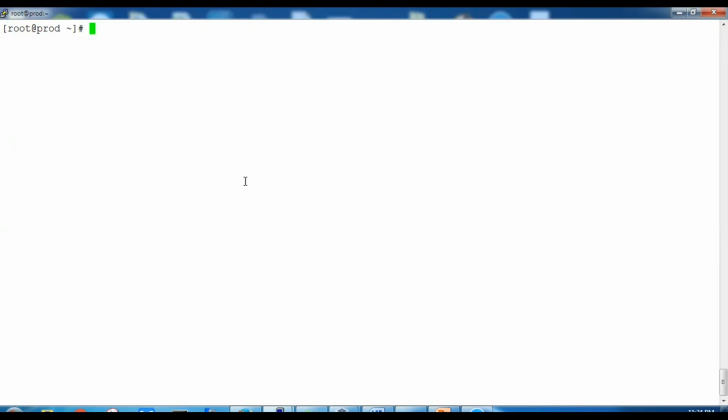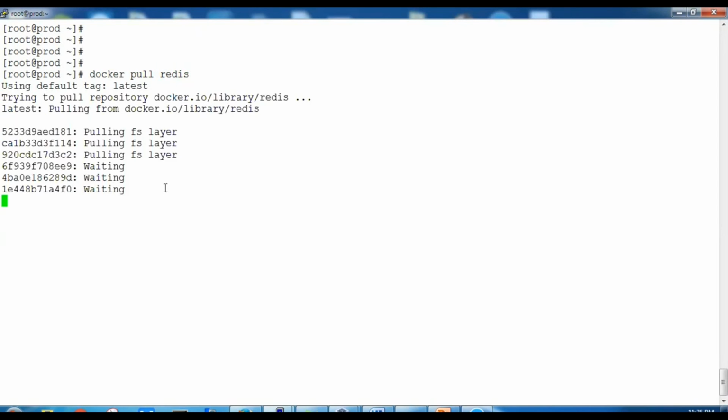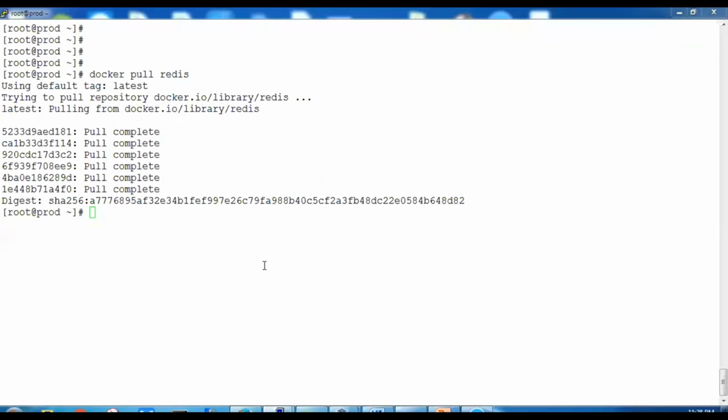So let us first pull the Redis image. So we'll say docker pull redis. It will pull the Redis image for us, and we'll wait for a while to get it complete. Now we have successfully pulled Redis.